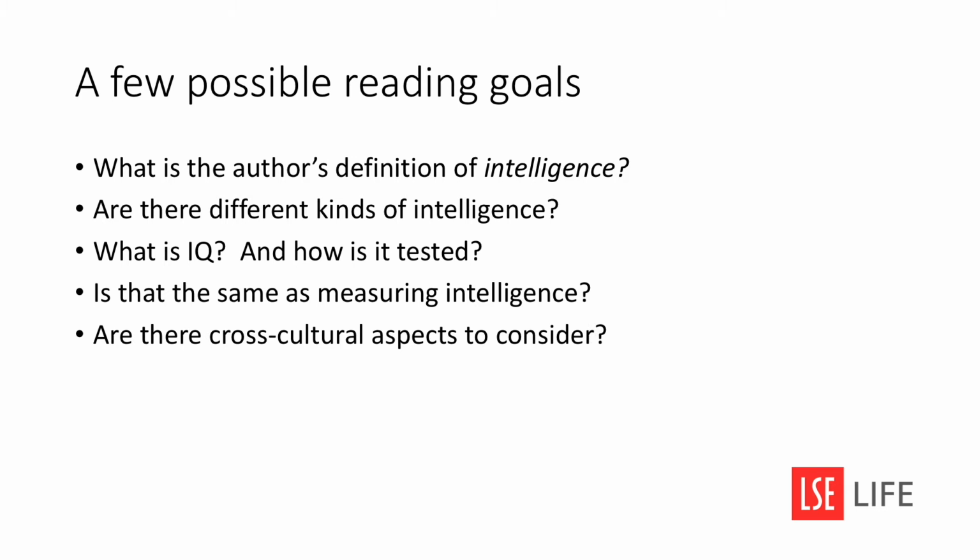Now, I don't mean that these are the right reading goals. Every reader can have different goals. And in fact, the same person will probably set different goals on different days, even with the same text. If you're reading a text to attend a lecture in the 9th week of Michaelmas term, MT9 in this example,